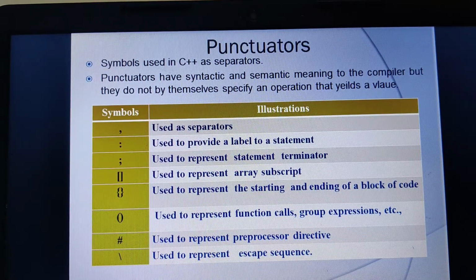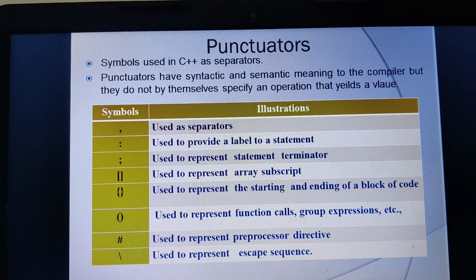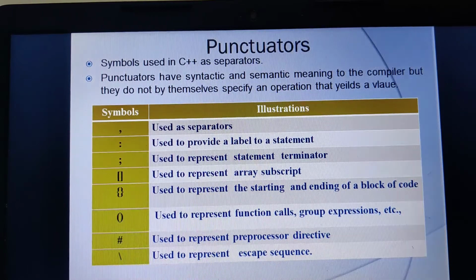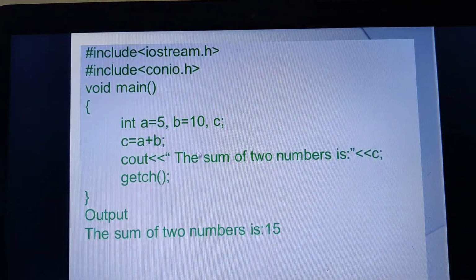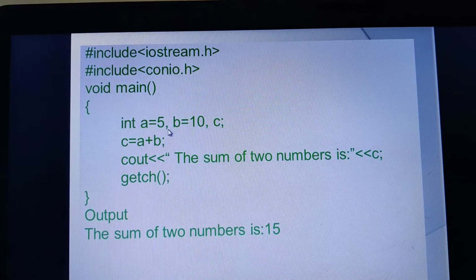That means what? They specify the rules and the logic. It provides the rules and logic, because whenever I have to define more than one variable, it should be separated by the comma. It's a rule. Understood? So therefore the